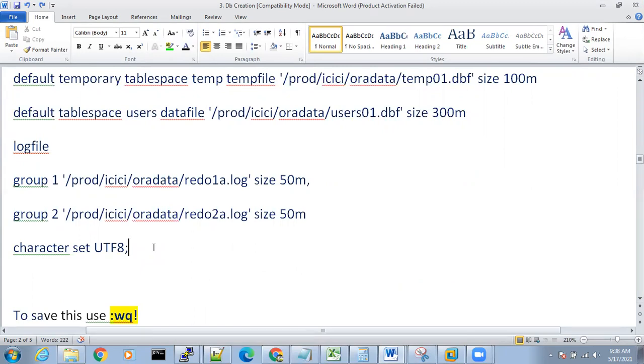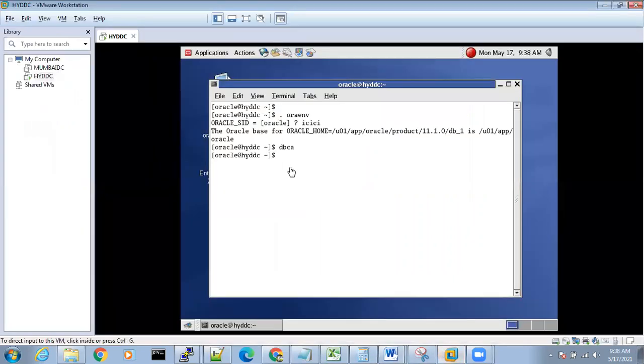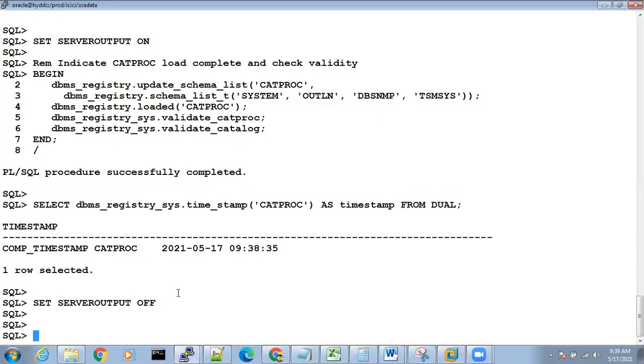The second advantage is very important, so listen to me carefully. This is DBCA, right? We use DBCA to create a database with screens and next. If you have to open DBCA, you first have to log into the server, 100% you have to log into the server. Then only the GUI will open. From Putty, the GUI will not open. Putty is a command line interface.